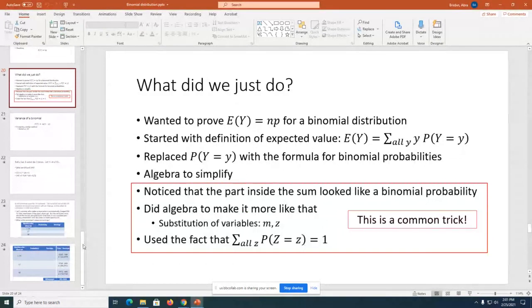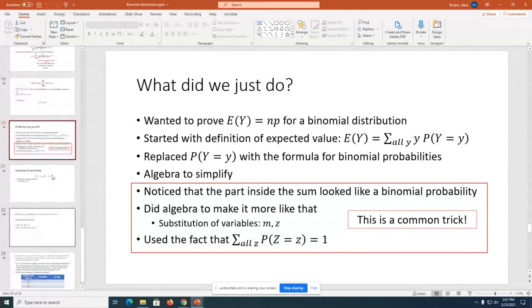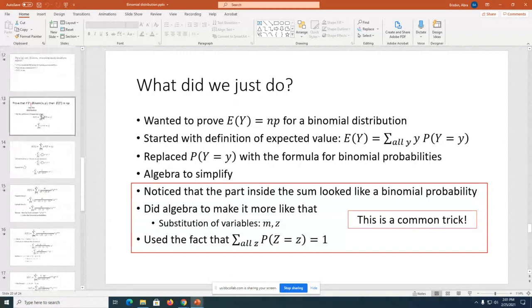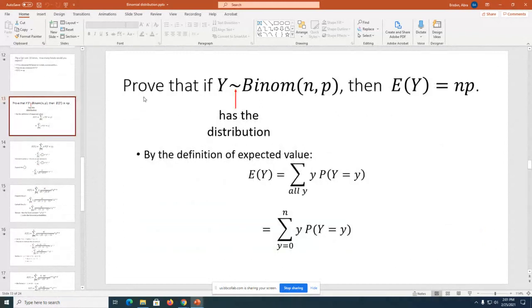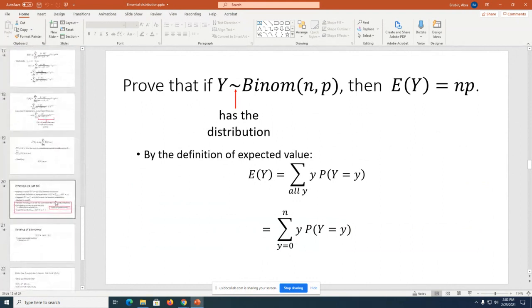Let's talk about the binomial distribution a little bit. At the end of class last Friday, we went through a proof that if y has the distribution binomial with parameters n trials and probability of success p on any one trial, then the expected value of y equals n times p. And that was a pretty long, complicated proof. So I wanted to summarize it